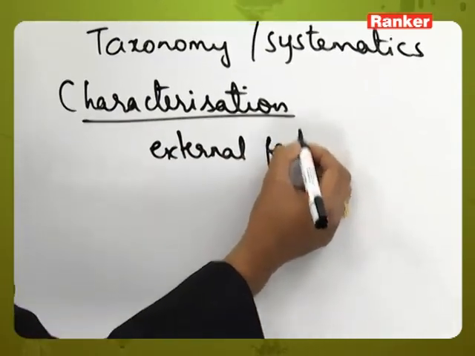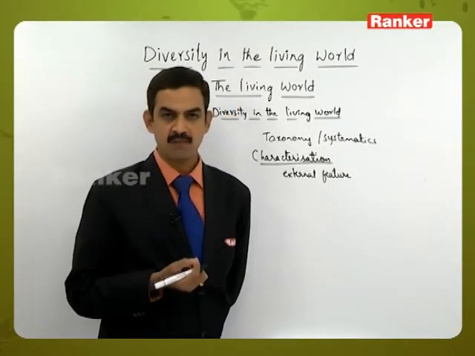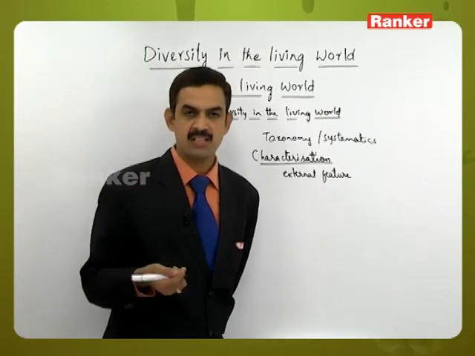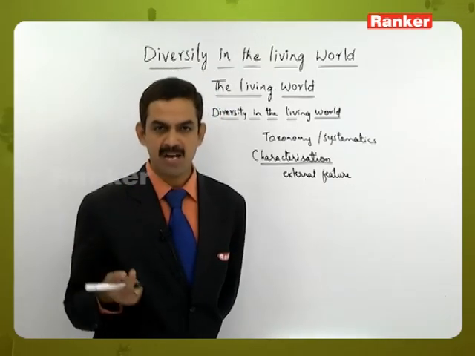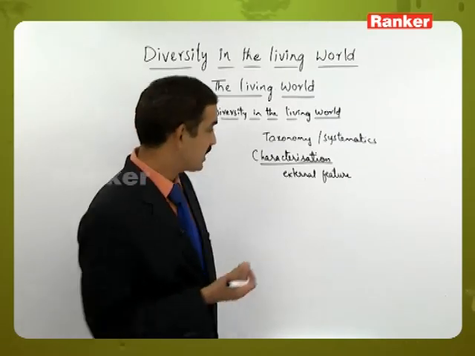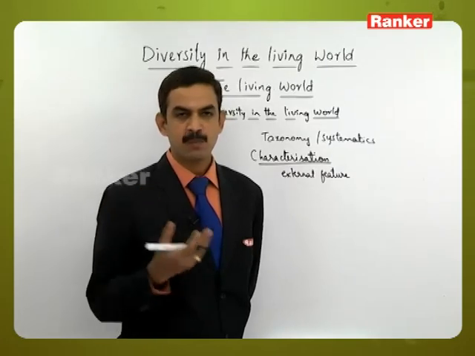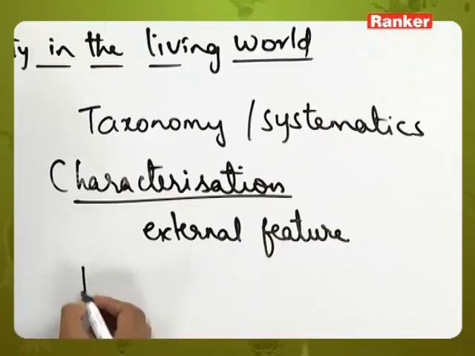That's what we call characters or characteristic features, from which we can say, oh, this is a particular character present in that organism. Based on that character, we can say this may be identified as such and such plant. That is characterization, helping in the next aspect, which is called identification. The second one is the